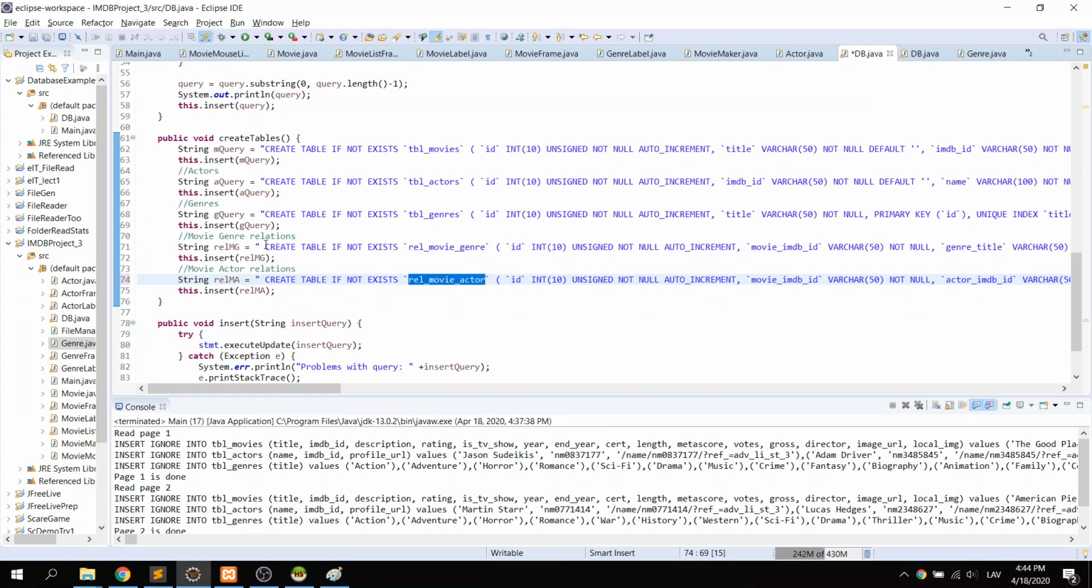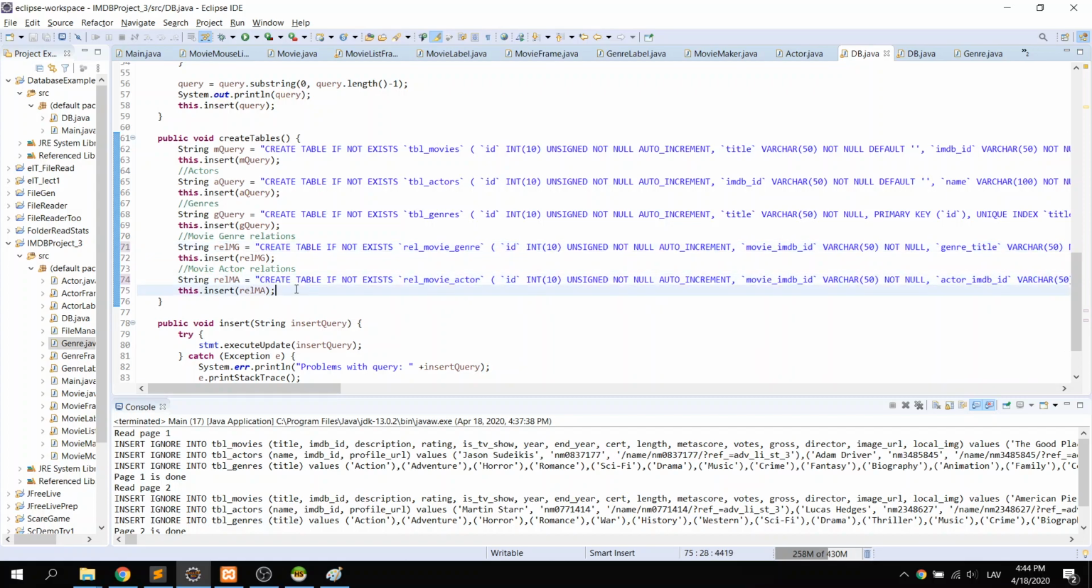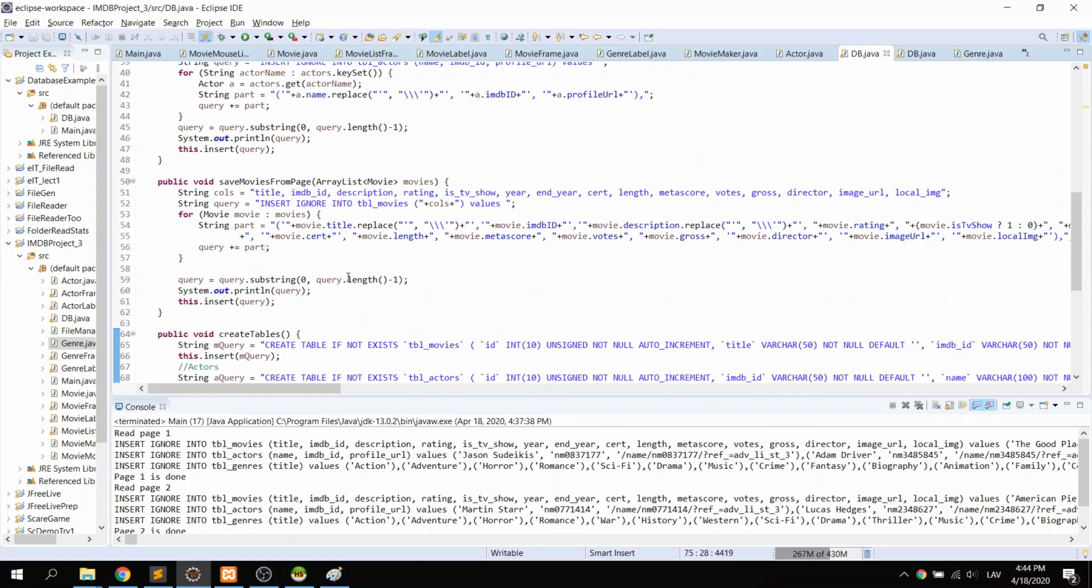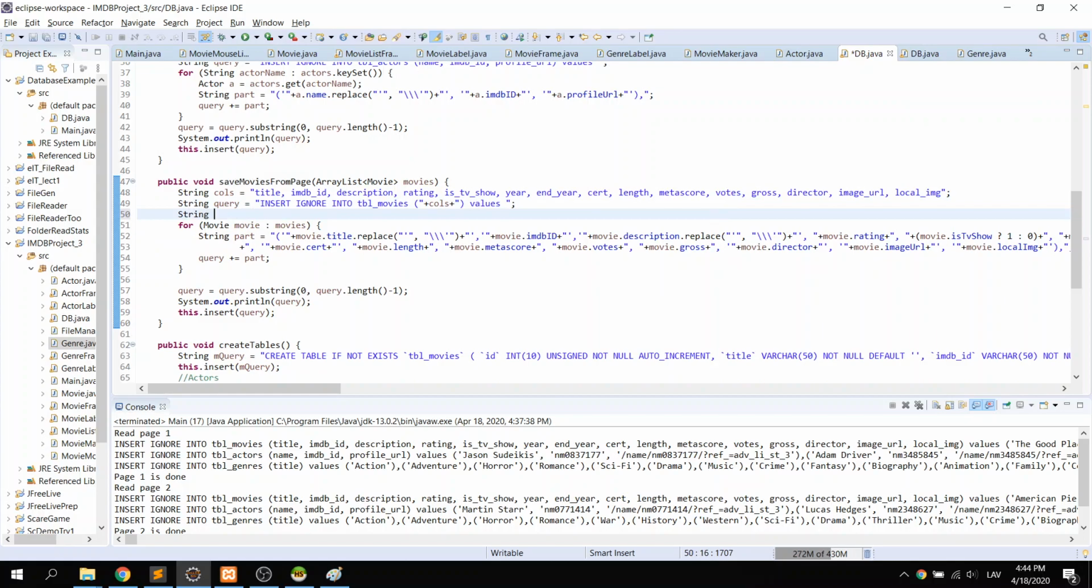This is table actor. Okay, that's fine. We can remove these, and we create all these tables. And now when we go through the save movies from page, what we have to do is also create a string relation movie actor